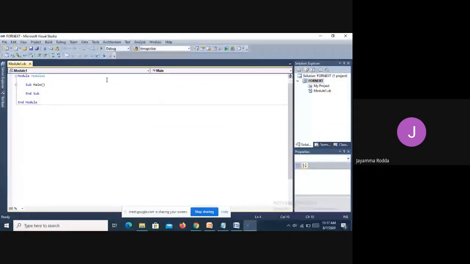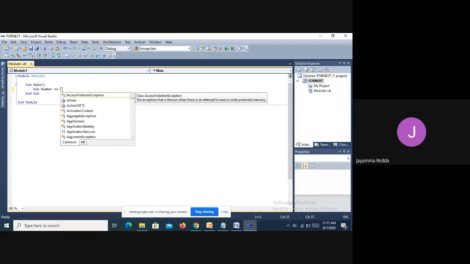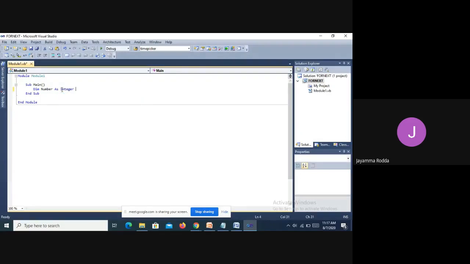Again, I want a number; let n be the number. Caps lock is on. Number as integer, as I want it to be integer type only.